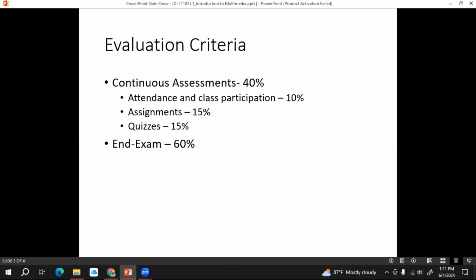Then the end examination is allocated 60% of your final grade. Therefore, attendance, assignment and quiz submissions are very important to get the best results for this course.